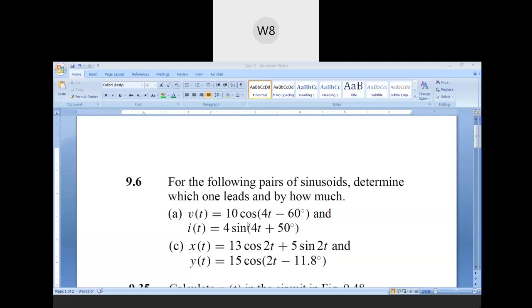Not only that, when you convert into cosine form, you also have to ensure that the amplitude, that means the constant number which is getting multiplied with the cosine, always has to be positive. It should not be, for example, minus 10 cos(40t minus 60). In that case also, you cannot directly compare it with any other cosine function to find out the lead. So it has to be cosine form with positive amplitude. So now let us see the solution.